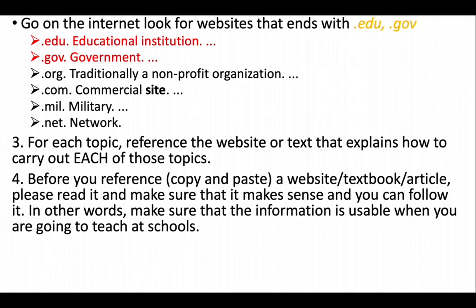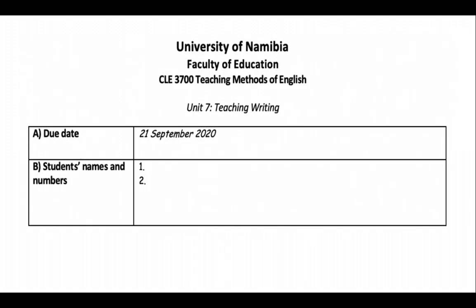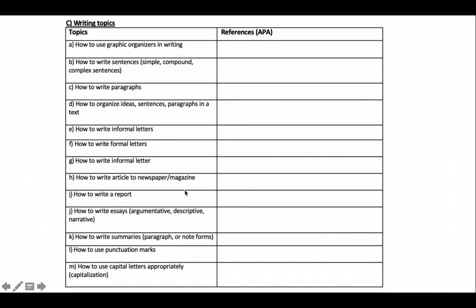You have information on how to write different kinds of genres or different types of texts. As with all the other activities, change the document into PDF and then submit it under the link that you find in Unit 7. I'll have to create those soon. So that's the task. And how does the structure look? The due date is going to be the 21st of September. You still have enough time. And then the names of the students, next the topics, and then you reference in APA. You have to go back to the website, to the link on how to reference in APA, and reference where you got that information from using APA. And then we've got the different